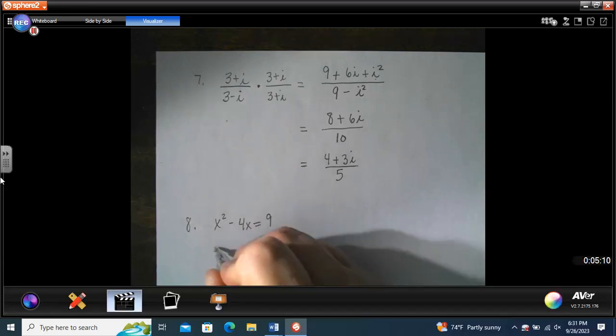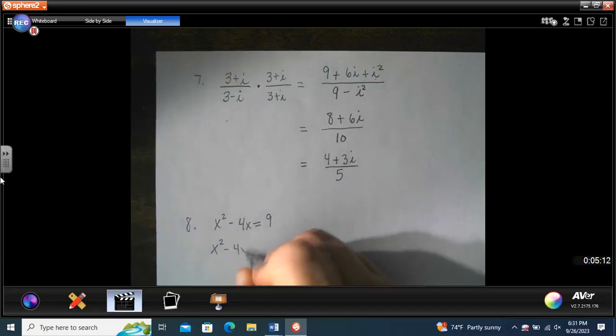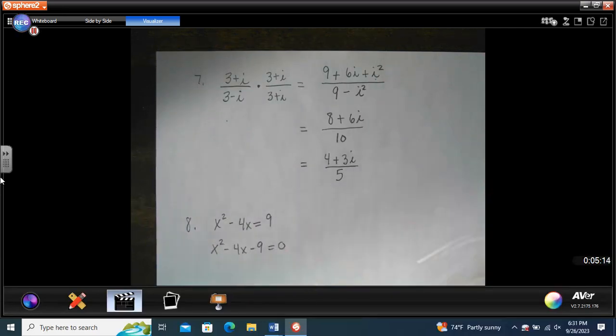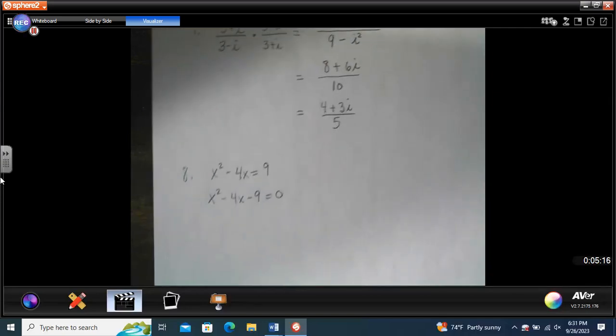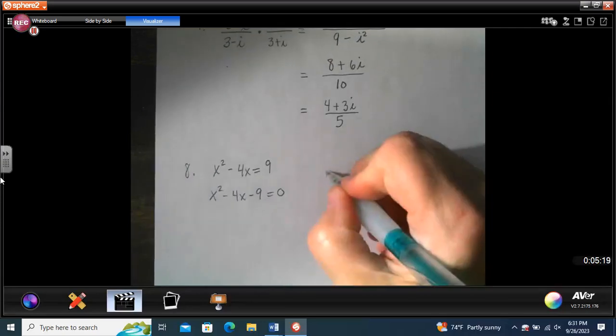And of course, we'll write that as x squared minus 4x minus 9 equals 0. And that does not factor. So,